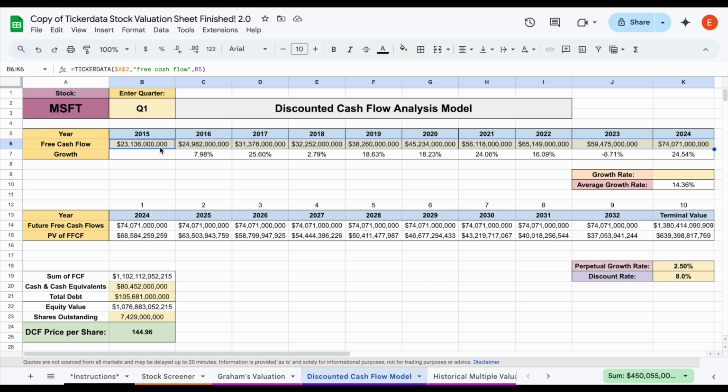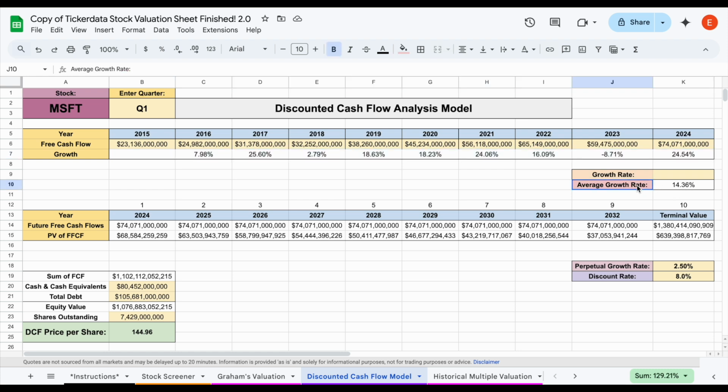So what we're doing is we want to project how high of a growth rate the company is going to be able to get for their future free cash flows. And we start by seeing how the company has historically grown their free cash flows. So after you pull in the historical free cash flow for this company, you can do this at different places, but we can see the growth rates for the free cash flow. For example, it looks like over the past decade, Microsoft has an average free cash flow growth rate of about 14.36%. Now, we don't want to just blindly go with that number.